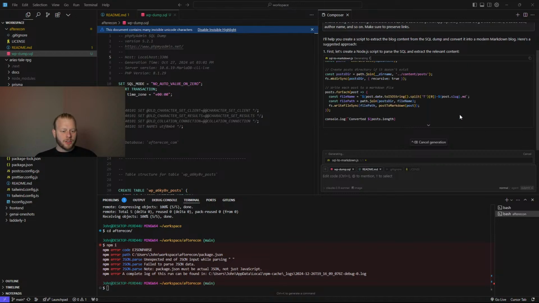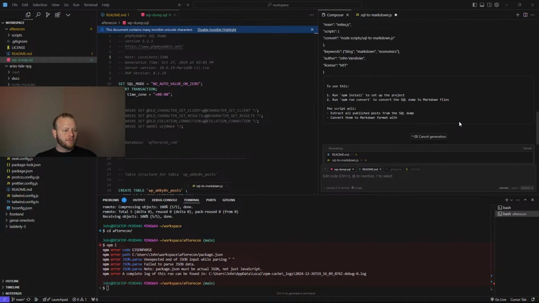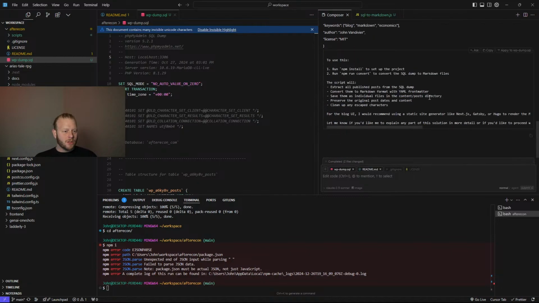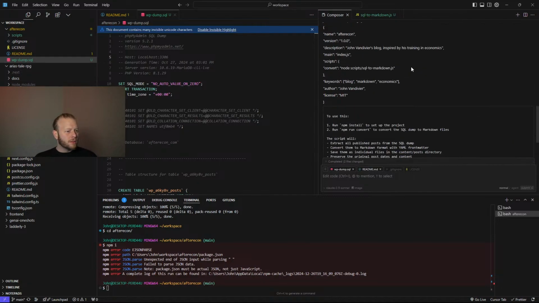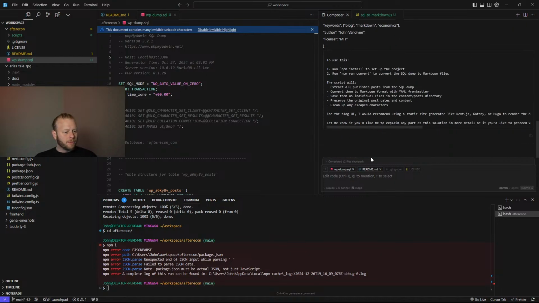I'll make sure to actually click the accept button this time. And it's butchered. You can see there's a syntax here that's all messed up. So I'll accept these changes. The package.json is malformed.